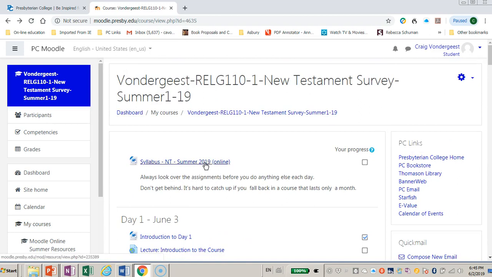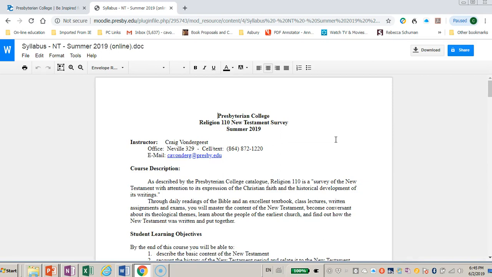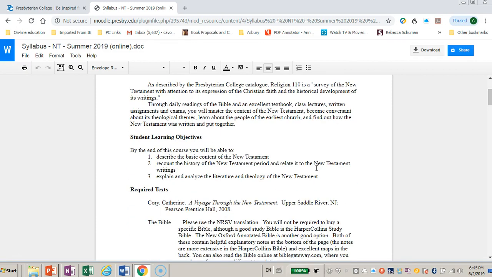Now let's go up and take a look at the syllabus together so I can give you an overview of what you're going to be learning and what kinds of things I would like you to be aware of as the term goes along. Again, I've got my cell or text number here at the top of the page along with my email, so please, if you feel like you're falling behind, make sure to keep in touch with me. If you have questions, if you don't understand something that's happening, let me know right away, because when the course moves along this quickly, it can be pretty hard to catch up if you get behind.